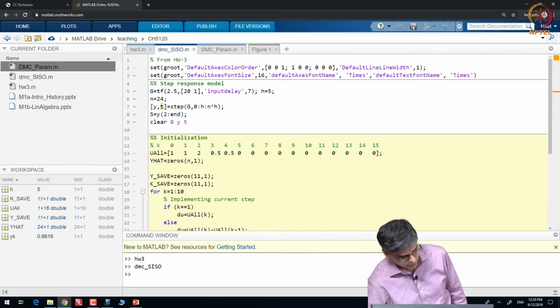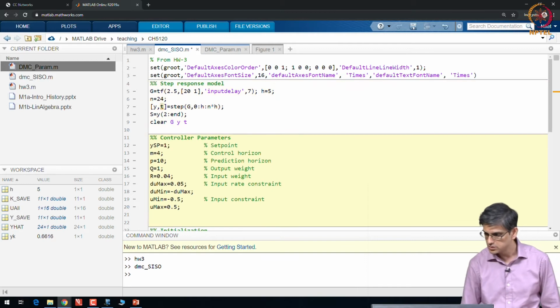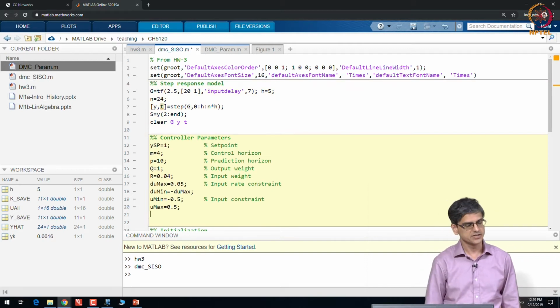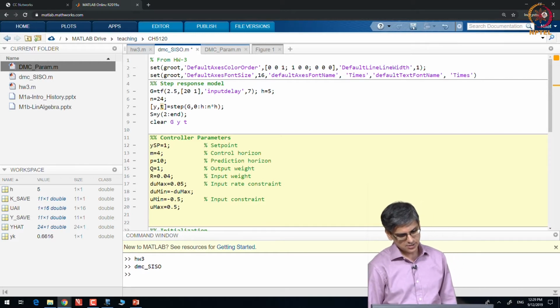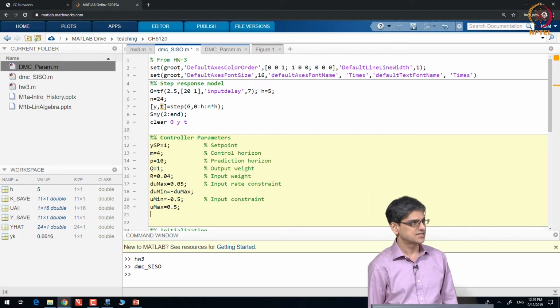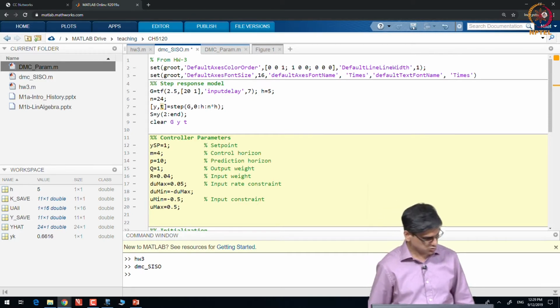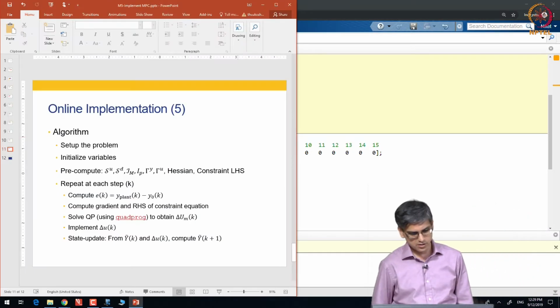So, the next step is to give the control parameters: set point, control horizon, prediction horizon, output weight, input rate constraints, that is delta u constraints, and input constraints, that is u constraints. Any questions so far?